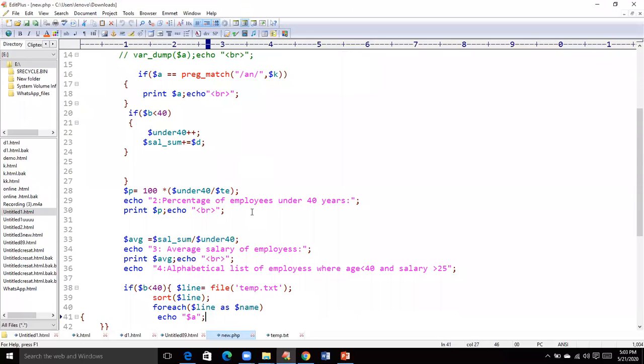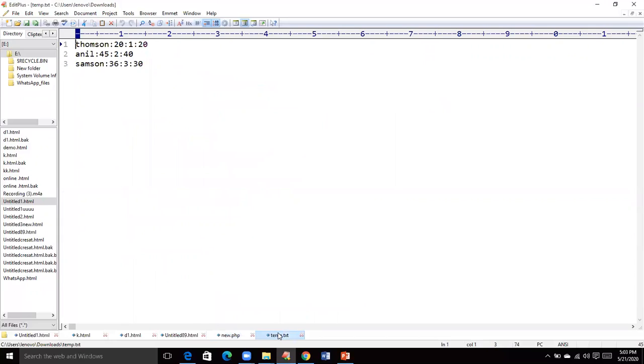Third, I have to display the average salary of employees who are less than 40 years. The salary here is taken only for illustration purposes. You can replace it with $20,000 or $30,000, or 40,000, 50,000, like that.